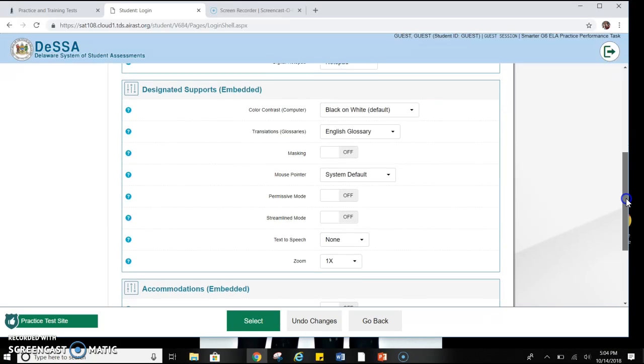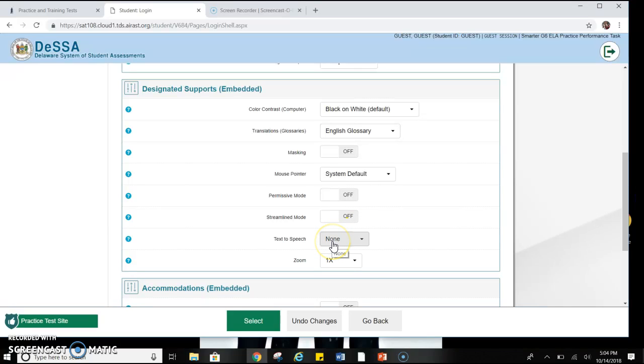The first one that we can check for here is text-to-speech. If you have logged into the performance task, then the text-to-speech is going to be the passage, stimuli, and items. If you logged into,